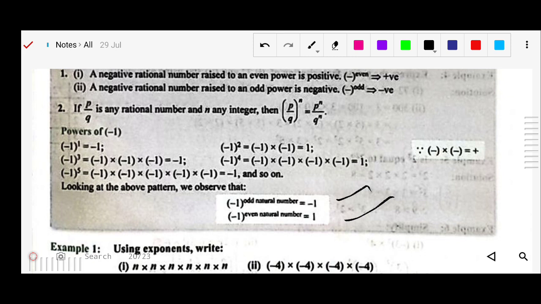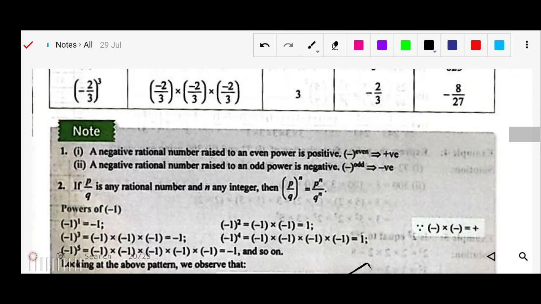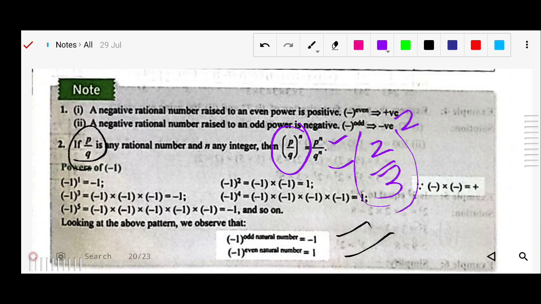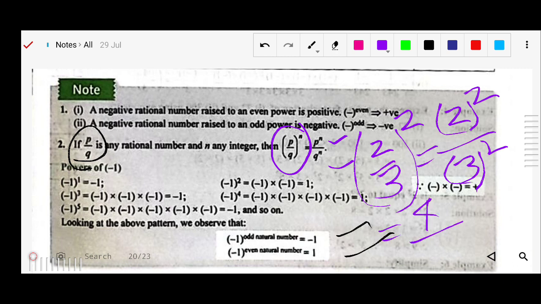Right? And we have the p by q form. These are some rules, and in the next exercise we also have to see some more rules. Here we will see p to the power q, right? So now (p by q) to the power n means you can write separately p to the power n and q to the power n, like 2 by 3 to the power 2. Suppose I have written this 2, it means 2 has power 2 and 3 has power 2. If you solve, 2 twos are 4, and 3 twos are 9. So 4 by 9 is the answer, right?